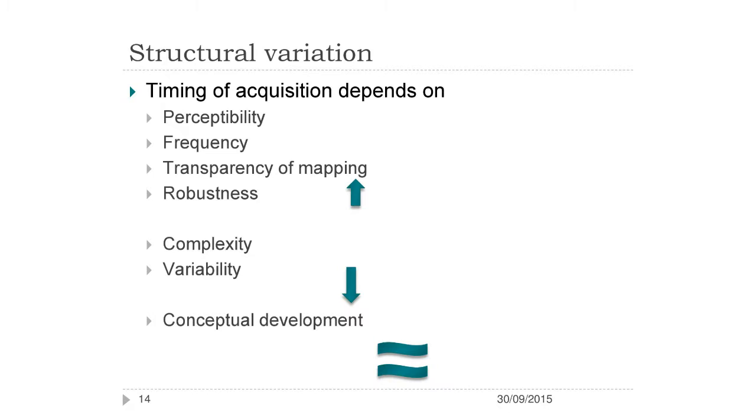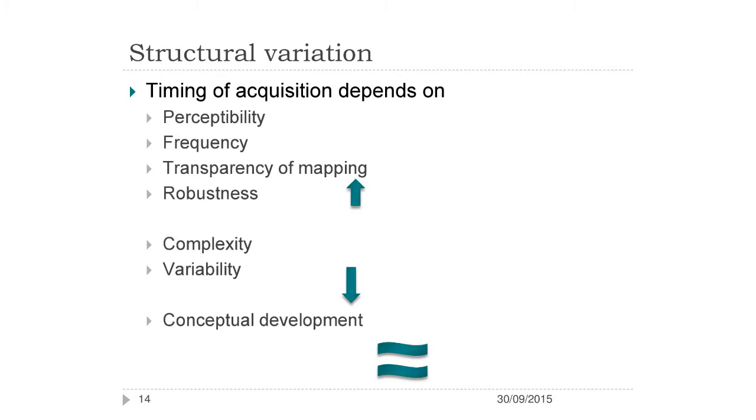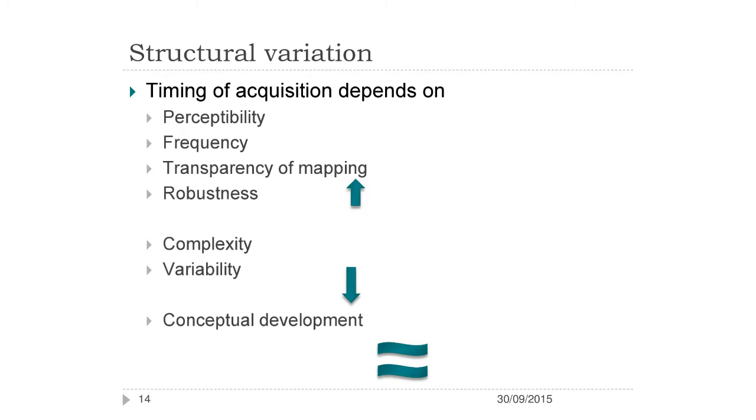And that's the problem that I want to address today, the relative timing of emergence and acquisition of different properties. How can we predict whether a child is going to learn a construction early or late? And easy, people will say, well, whatever is more perceptible gets acquired early. Fair enough. Whatever is more frequent gets acquired early. More transparent, if it's clear that you know what it means, then it should be acquired early. All of these things are being proposed. If it's more robust, or if you have more complexity, then it should be later. And if you have more variability, it should be later.